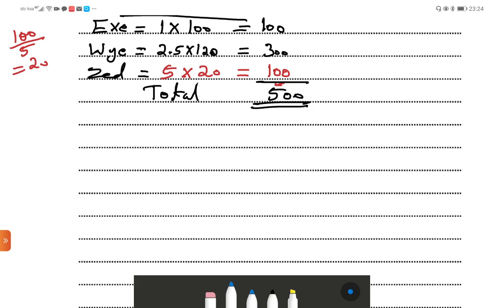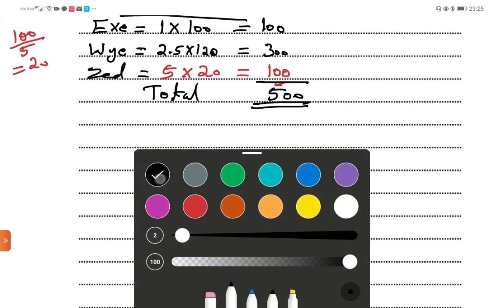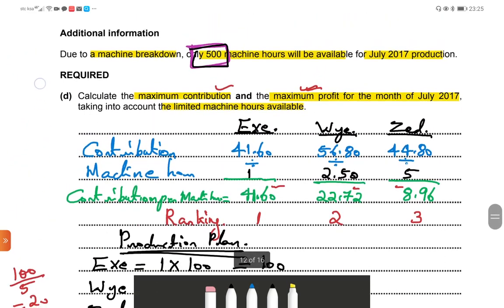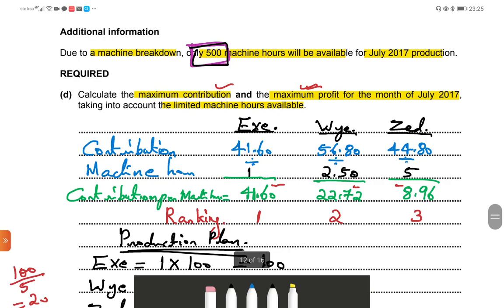X, Y, Z. X is the contribution per unit of each. The contribution per unit we have already calculated. We can see here the contribution 41.60,